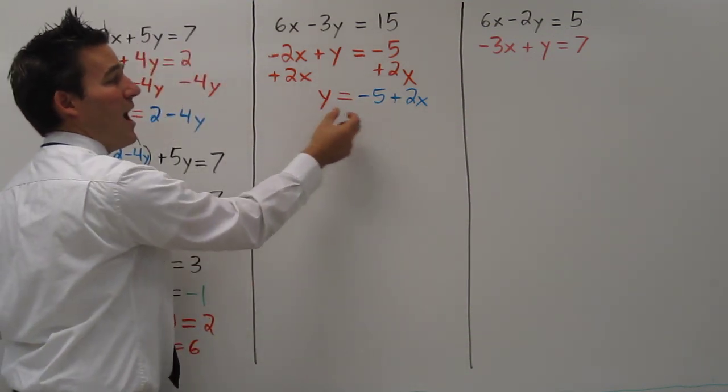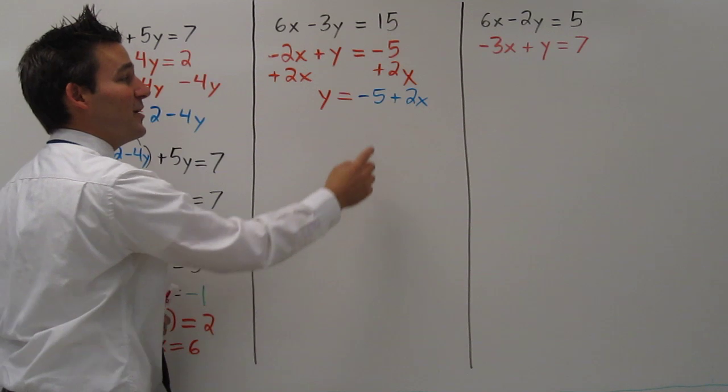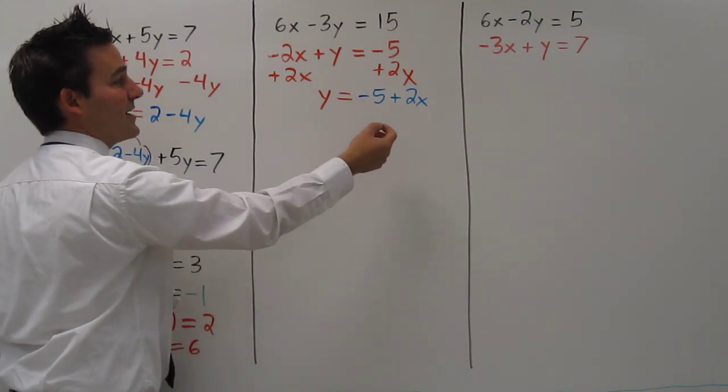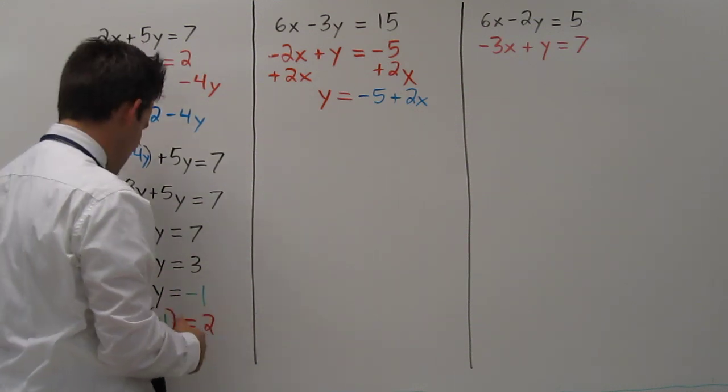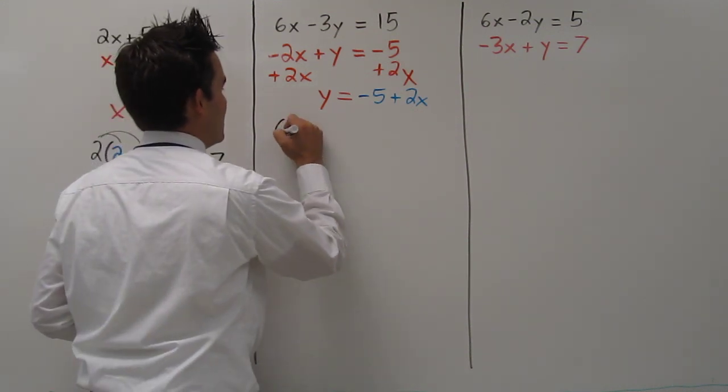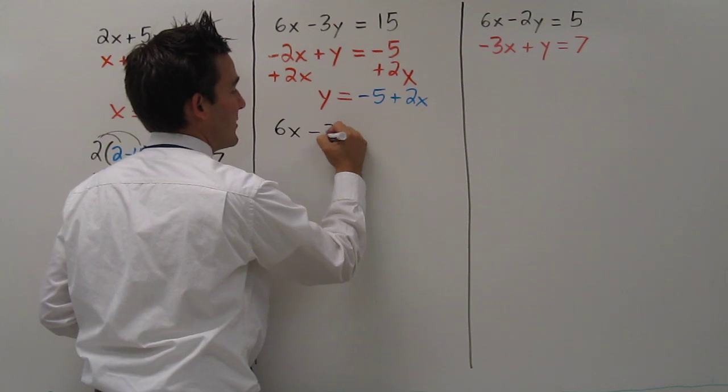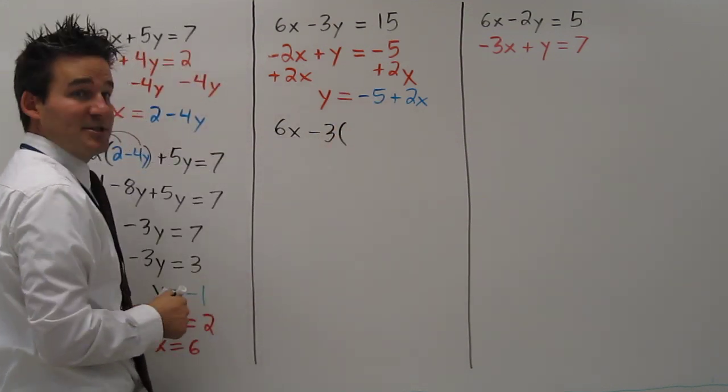Now, whenever I see y, I can write this blue binomial, negative 5 plus 2x. So let's substitute that in to the original equation. So I now have 6x minus 3 times, substitute in for y,